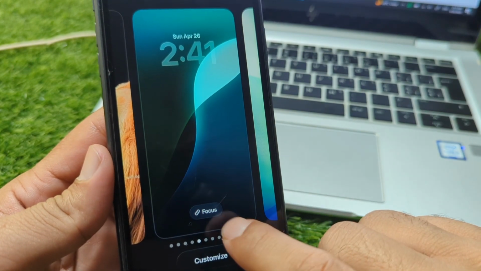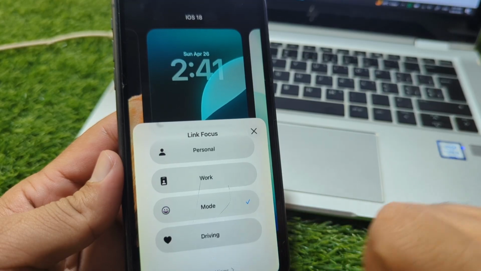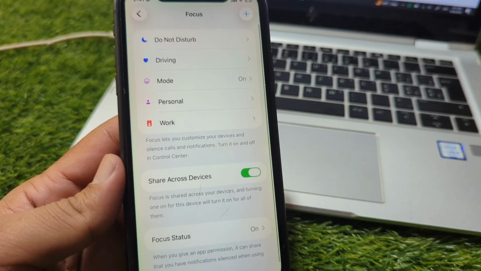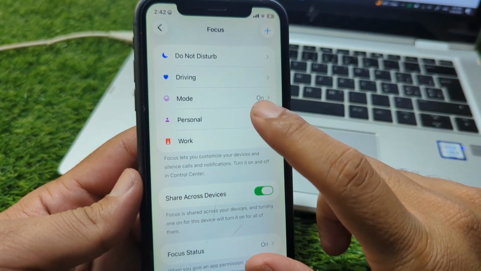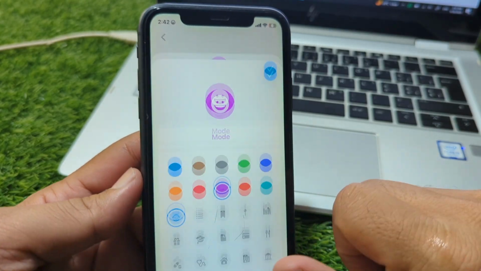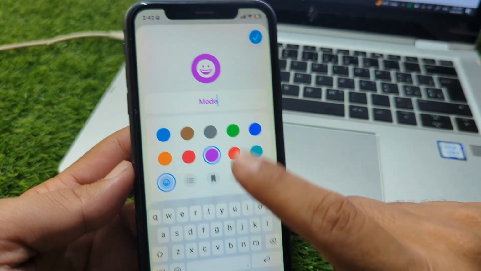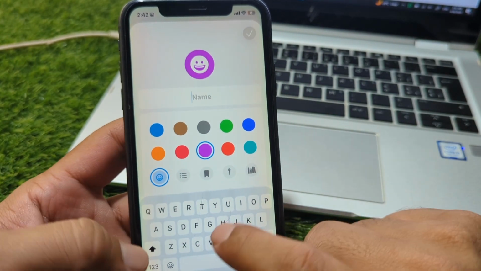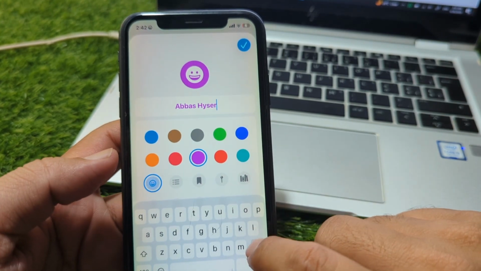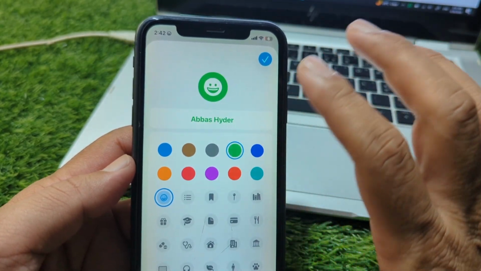name of your profile. So I simply tap on profile and then go to that profile and then tap on focus settings, and from here select the profile which you have selected, and now tap on edit button from here, and now here you can see you can easily add your name from here. So I simply tap on this and add your name. So guys, add the name correctly and you can select the colors as well, and now you have to simply